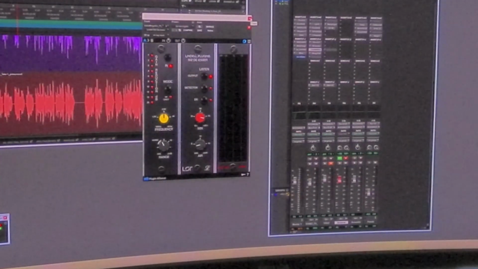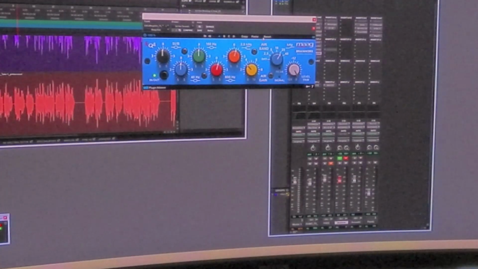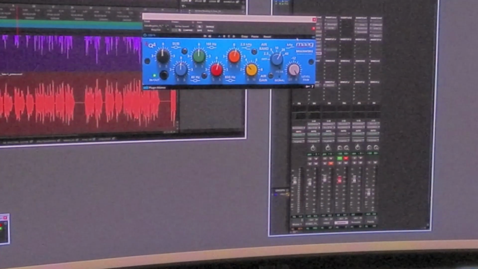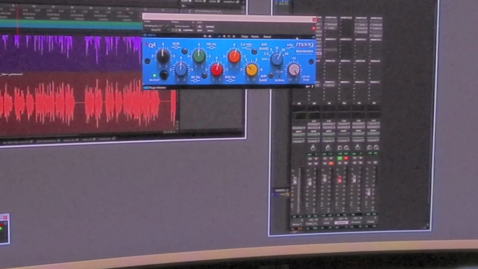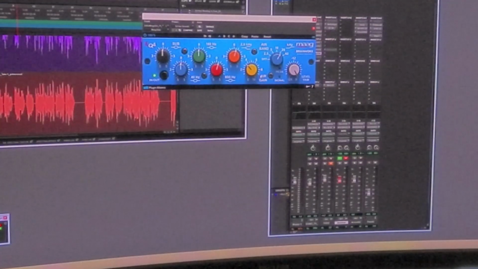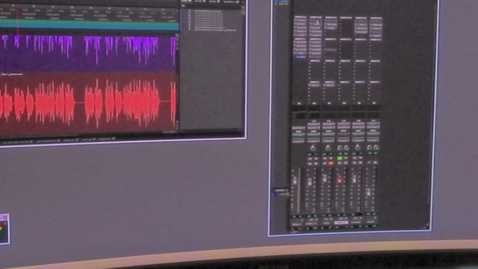So that, and then finally at the end, again, this time I'm lifting above 20K and above. So super high shelf. It's more something that's felt than heard, but believe me, it's there. I'm adding about 3 dB there. So that's it. Now, if I turn on the plugin analyzers,